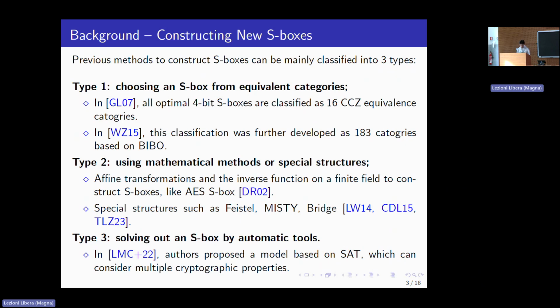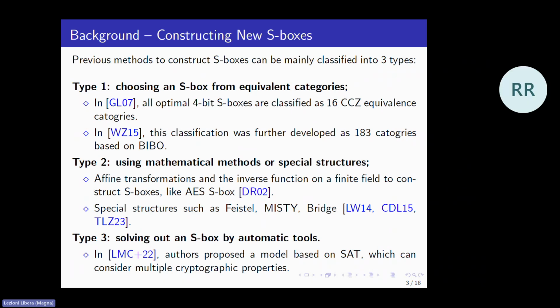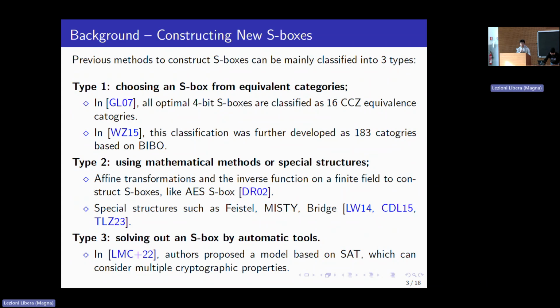In 2007, Leander and Poschmann classify all the optimal 4-bit S-boxes into 16 CCZ equivalence categories. And in 2015, Wentao Zhang further developed this classification as 183 categories based on the bad input and bad output. Type 2 is to use a mathematical method or special structures,